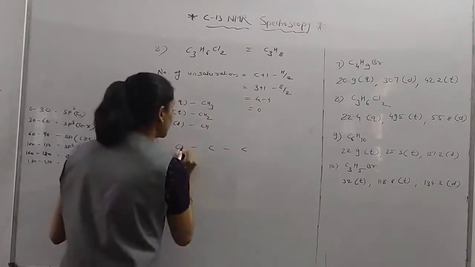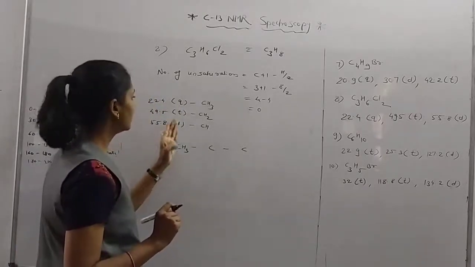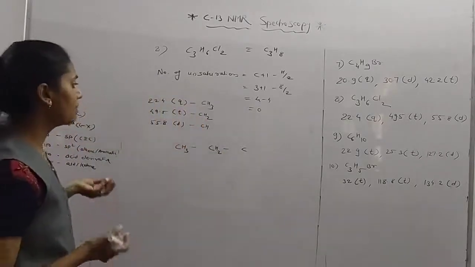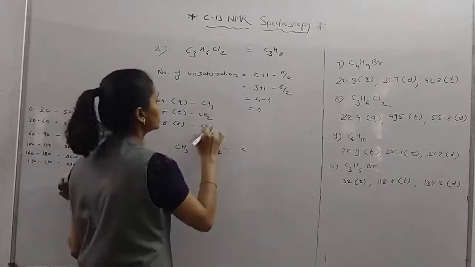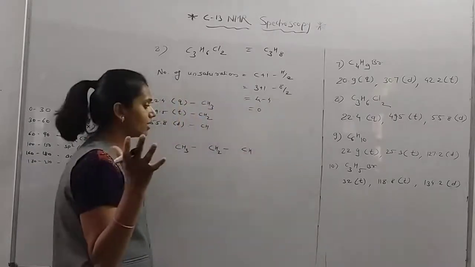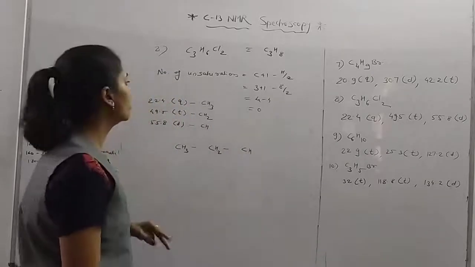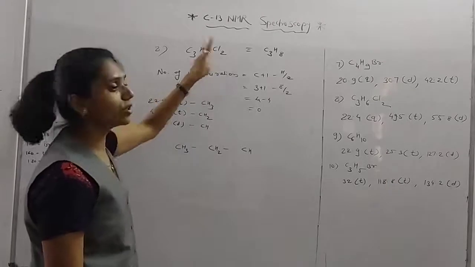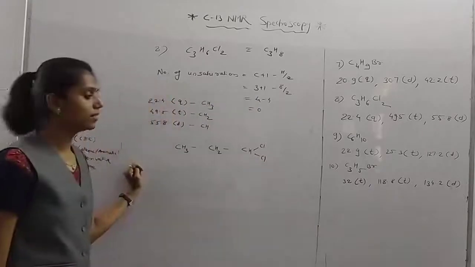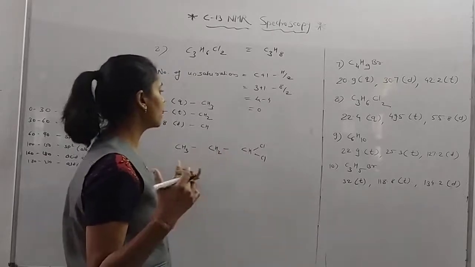There is a CH3 group. CH3 group is always at the corner. So CH3, then CH2. We try to write the structure. Maybe it is correct or not, but we try to write the structure like the given data. Now there is CH, and you know the valency of carbon atom is 4, and here only 2 valencies of carbon are completed and 2 valencies remain, so they are completed by 2 halogen groups, Cl, Cl. We check here whether this is the correct structure, yes or no.